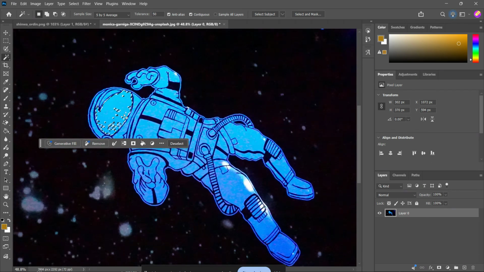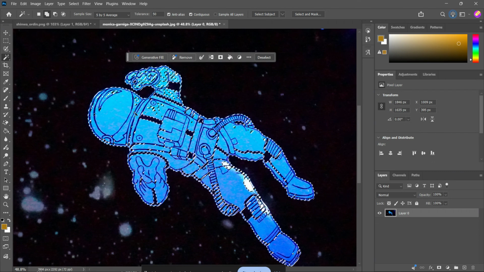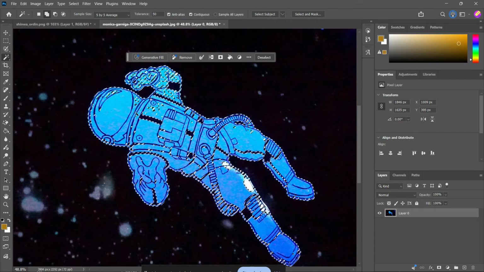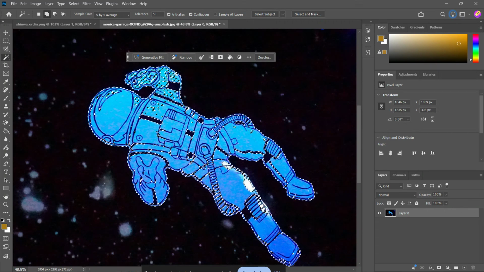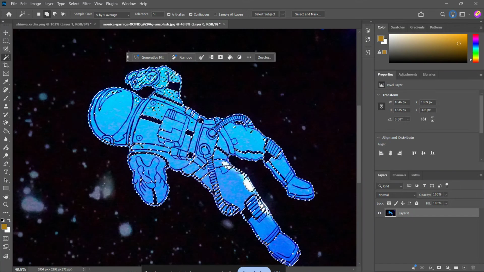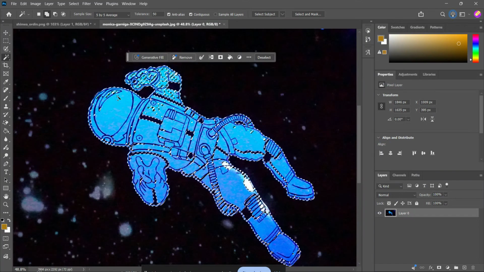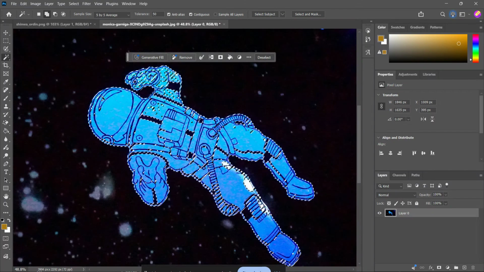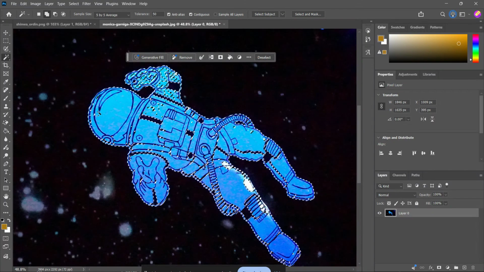To add more areas to the selection, hold down Shift while clicking another section. You'll see a small plus sign appear next to the wand, which means you're adding to your current selection. This is super useful if the color you want appears in more than one place and you want them all included. If you accidentally select too much, you can subtract parts of the selection by holding down Alt on Windows